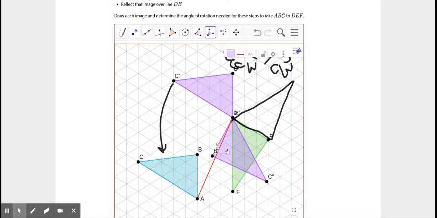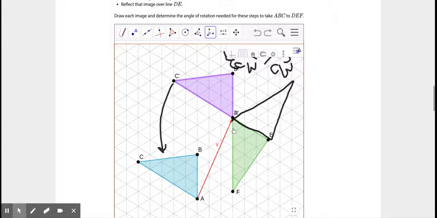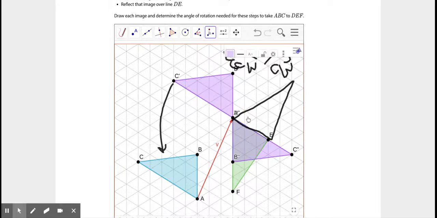All right, so you see I get closer, but that's not quite what I want. So once again, I'm going to go back, select my point, and we just tried 150, so now we're going to try 180 degrees. All right, so you see we're getting a little bit closer, but we want to move it all the way